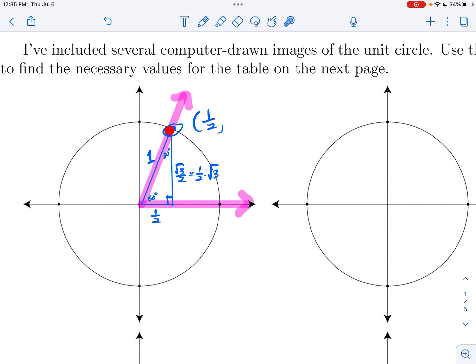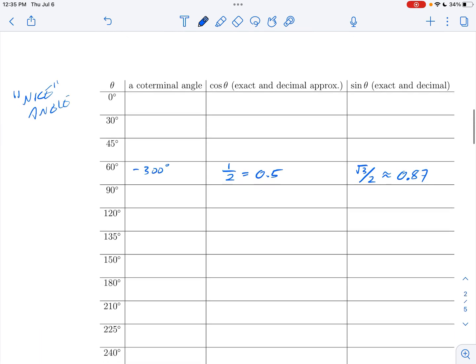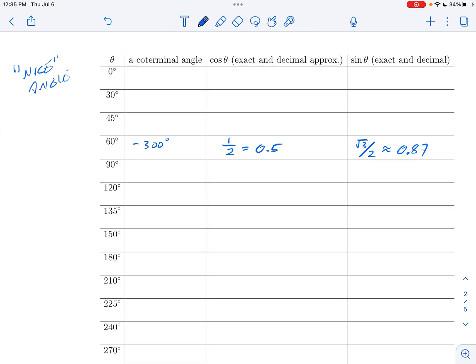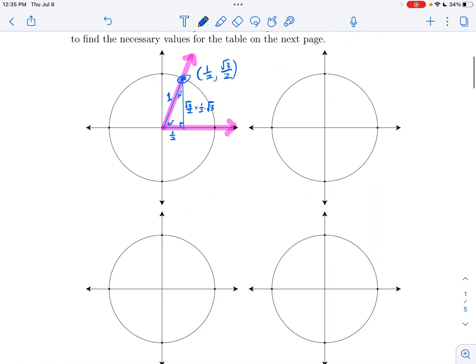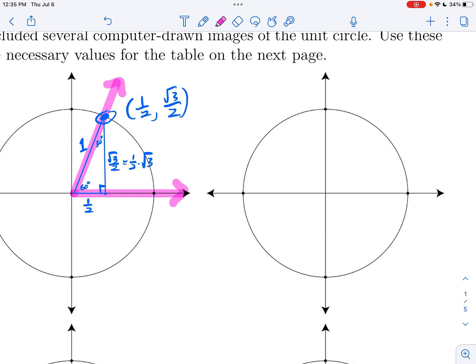You're going to keep seeing the same numbers over and over again. If you file away, oh, I'm almost at the very top of the circle, my y-coordinate is almost 1. The number that creeps up a lot that is almost 1 is √3/2. So go through the work of figuring out this whole table, but as you're doing it, you can start to notice patterns. So for example, if you do 120 degrees,